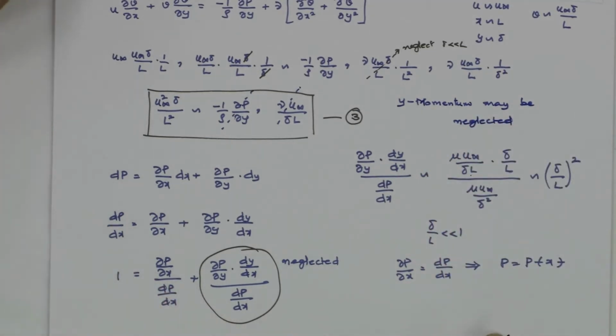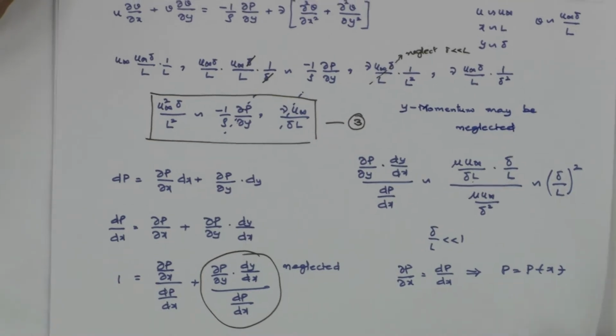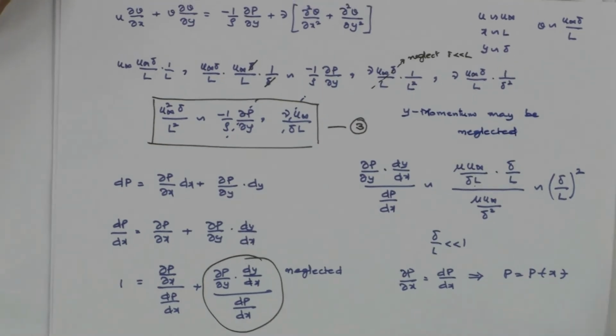So what is that I am left with? I am left with the X momentum equation. Now before I go to the X momentum equation, what happens to my flow over a flat plate? In a flow over a flat plate, see what I am doing here is,